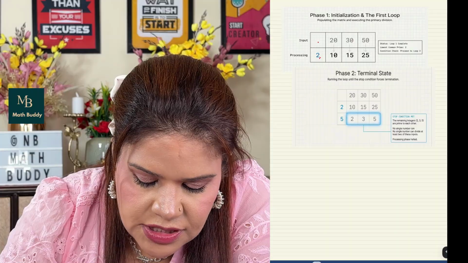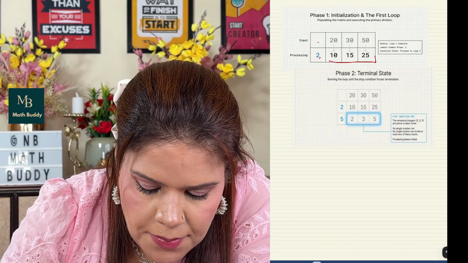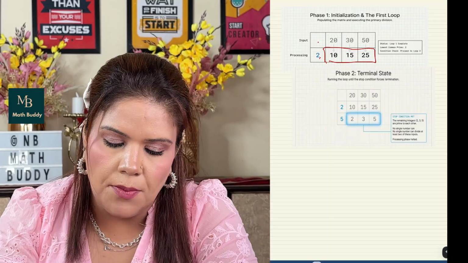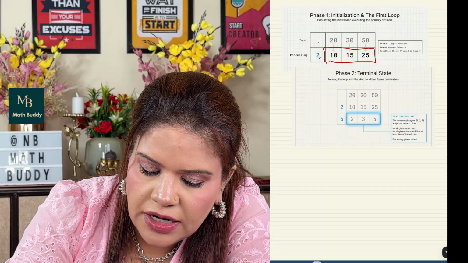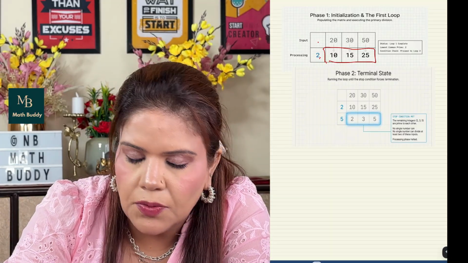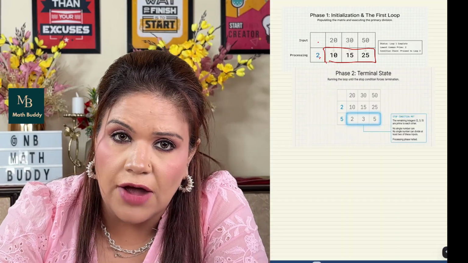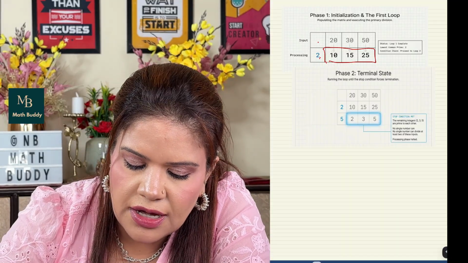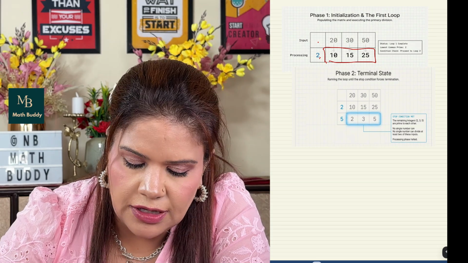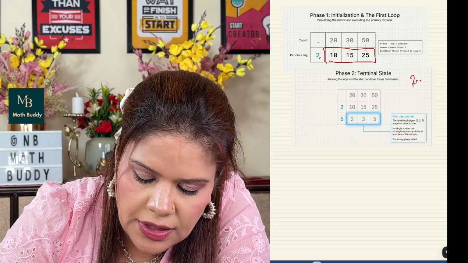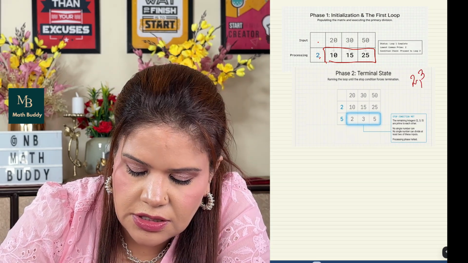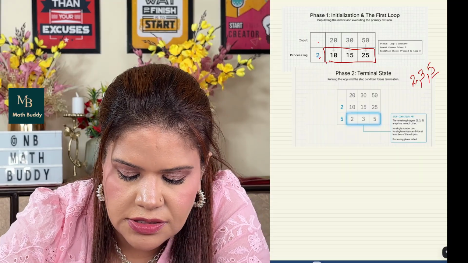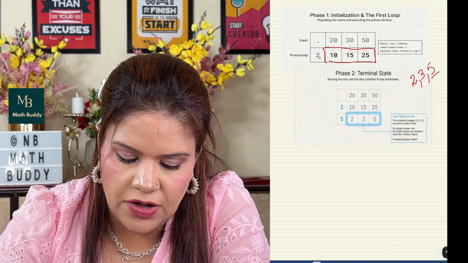Now you will proceed. These 3 numbers don't have 2 as a common factor. 2 can only divide 10, but 15 and 25 it can't divide. We should have at least 2 numbers. So that's why we went to 3. 3 again can only divide 15. So first I started with 2, then I went to 3, and then I finalized 5 because all 3 numbers can be divided by 5.